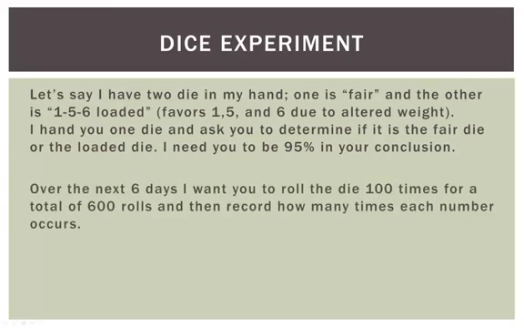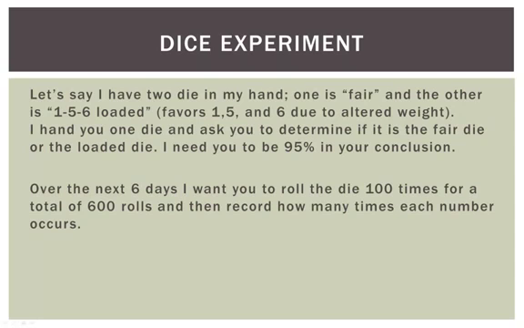Now, to do that, what I'm going to ask you to do is, over the next 6 days, roll that die 100 times each day for a total of 600 rolls. Okay? And then record how many times each number occurs over those 600 rolls. So you're going to do 100 rolls each day for 6 days, 600 total rolls, keeping count, a frequency of how many times each